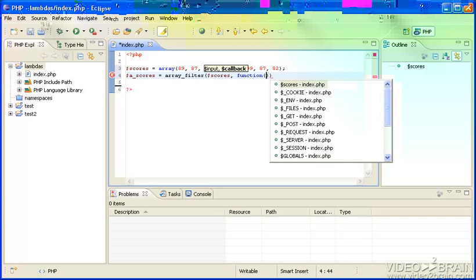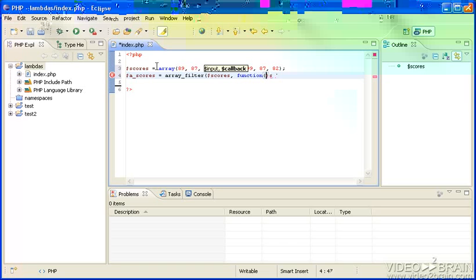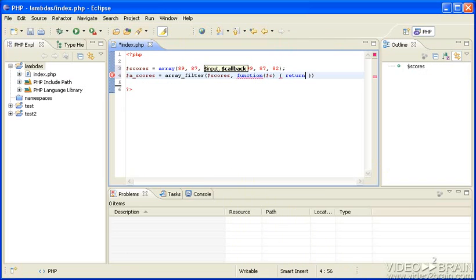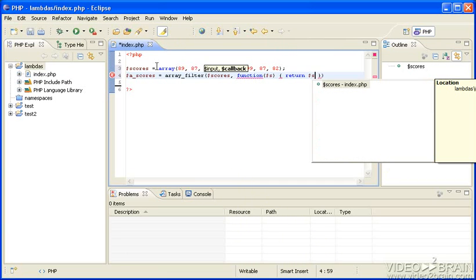scores, and then put in a function. Function S, and define our function right here. Return, and now I use the variable that I'm passing in. S is greater or equal to 90. Now that's the end of the line there, the end of the function here, and this is the end of